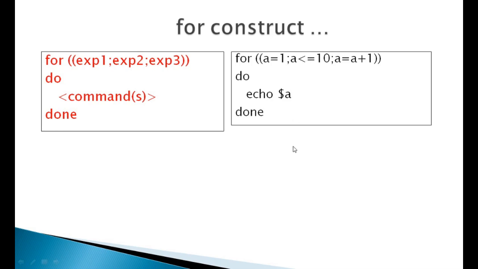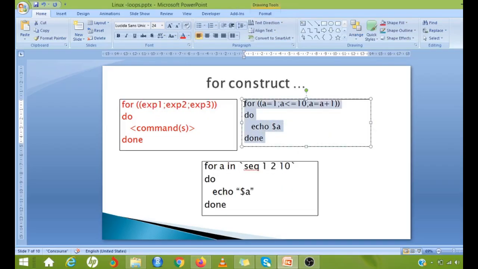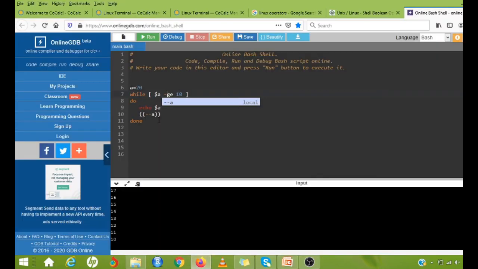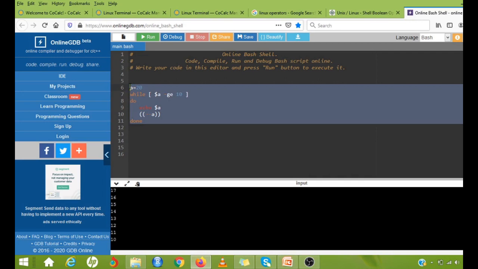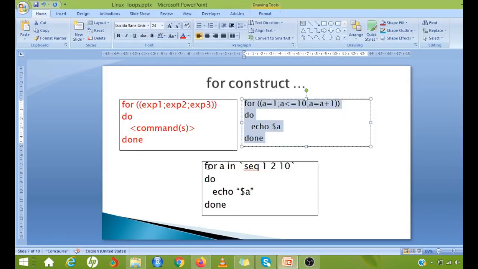Now let us try this example. Here you can see that the value of a will be printed from 1, 2, 3, etc. up to 10.